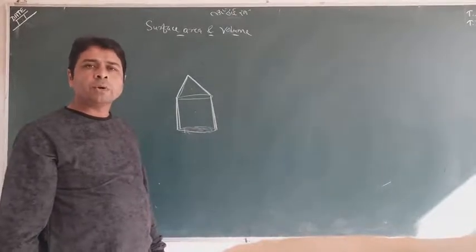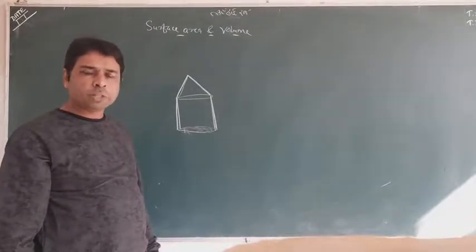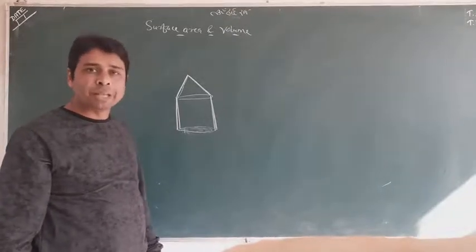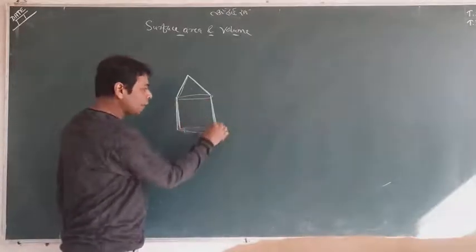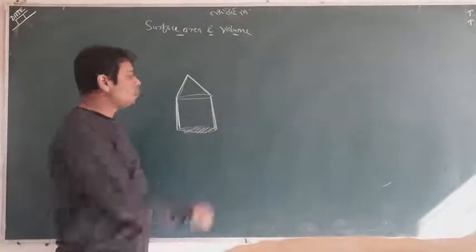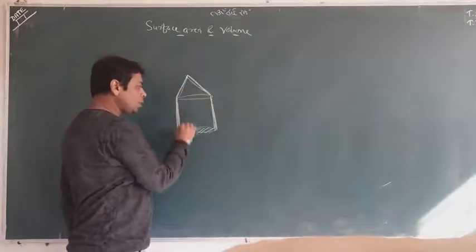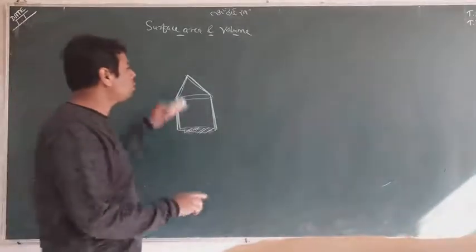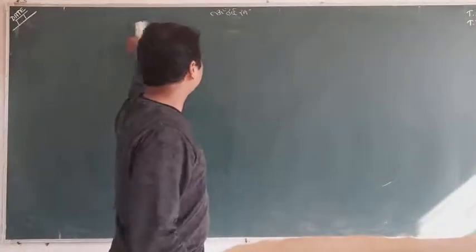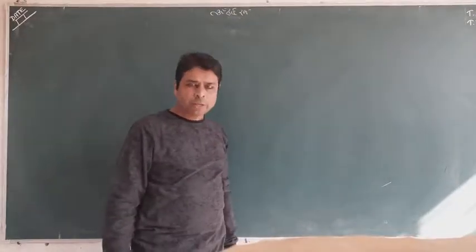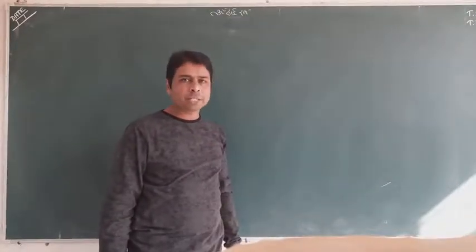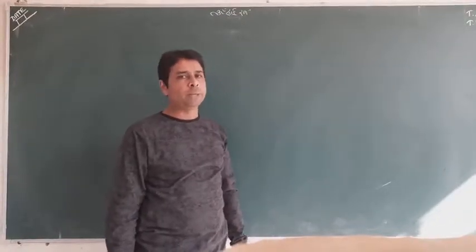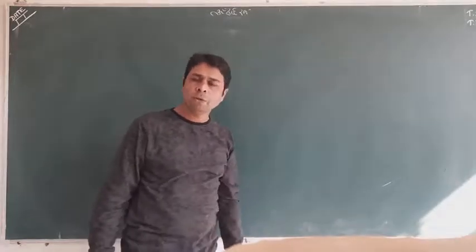Curved surface, whole surface and volume, three things are very important. Curved surface means the curved portions. Whole surface means all the visible surfaces, along with the curved ones, the flat region is also included. The formulas we have already seen, so I don't want to repeat them again and again. We just want to see the questions directly. There is no special concept. Just try to understand the question, make a proper picture and go on with the formulas. If you know the formulas, you can do the questions.